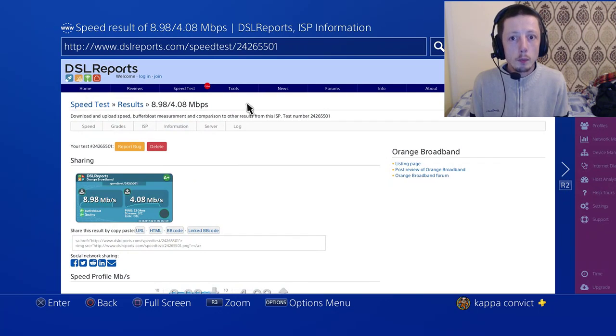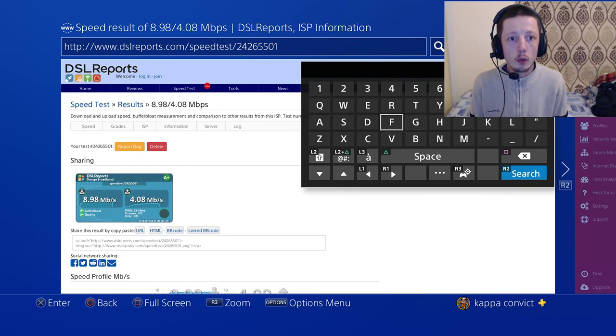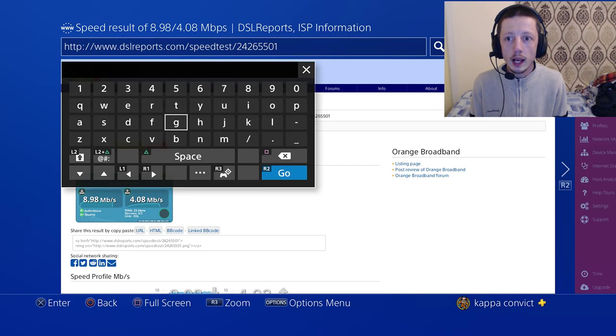So DSL Reports. I will again put this down in the description, but it's www.dslreports.com, and that's what you need to type in, and then look for speed test on there. You can't miss it. Let me just quickly show you, just for anyone, because I know some people will ask. So if you just put in